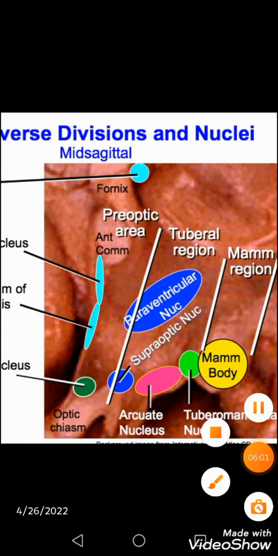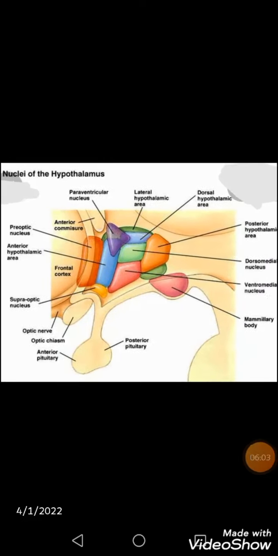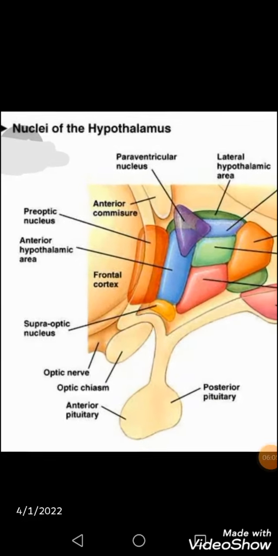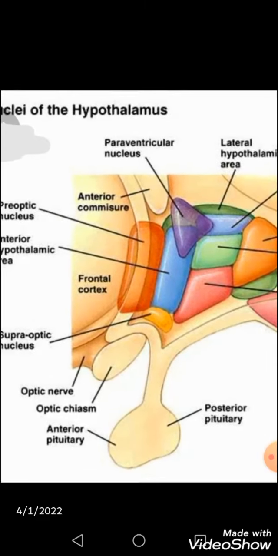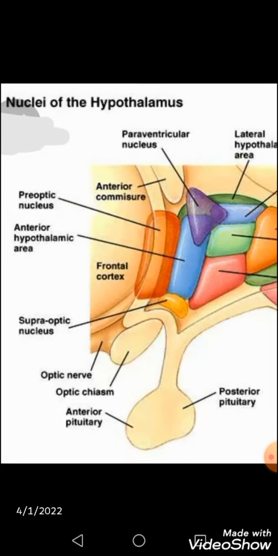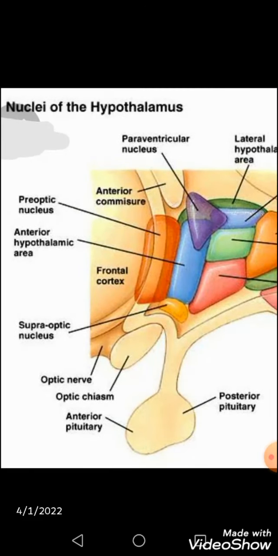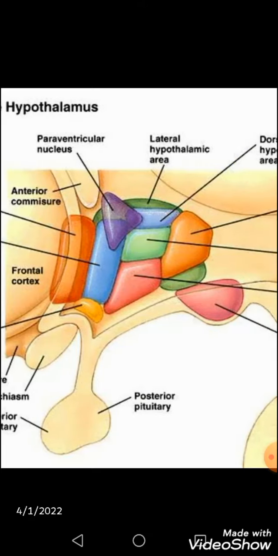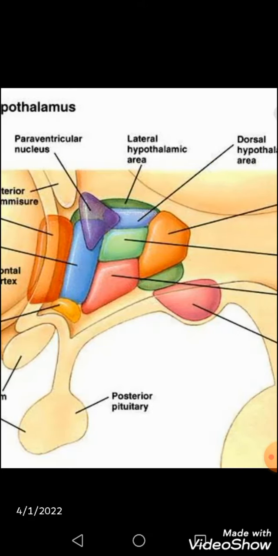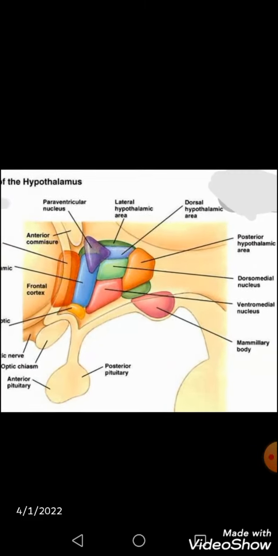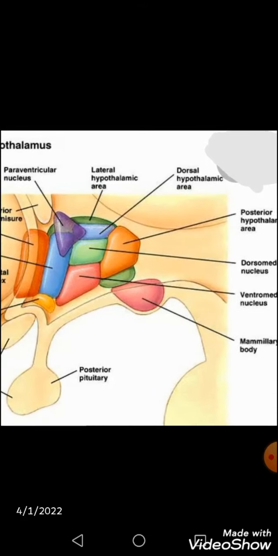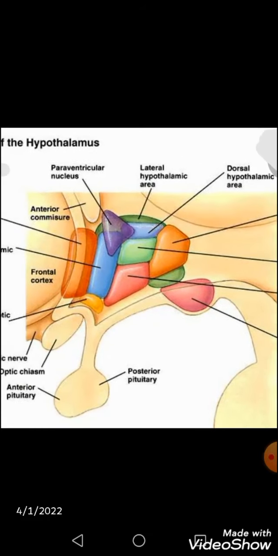See? So that is the lateral zone and we can observe here a part of the preoptic nucleus, then the anterior nucleus, and you find a part of the paraventricular nucleus and supraoptic nucleus as well. And in addition to them, you observe the lateral hypothalamic nuclei and dorsal hypothalamic nuclei, and you also observe the mammillary nucleus that also lies here. So we observe sometimes the overlapping of so many nuclei in the medial and lateral zone.